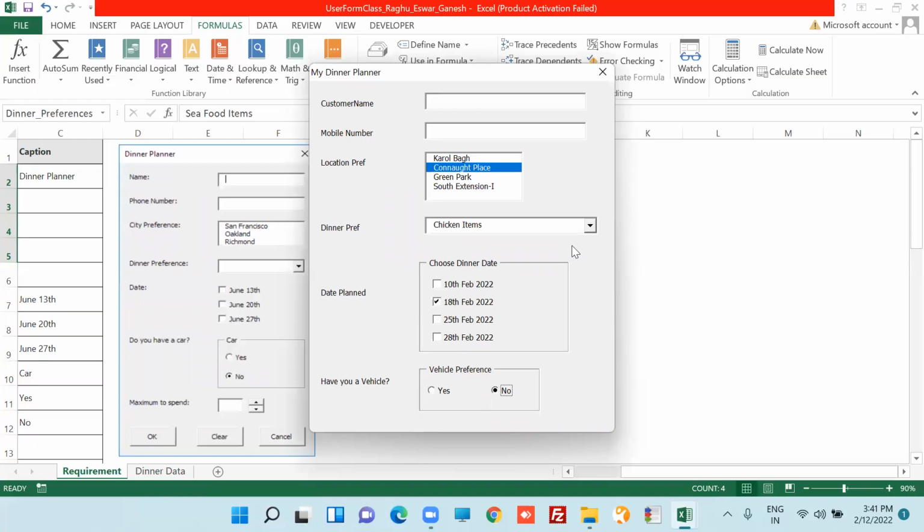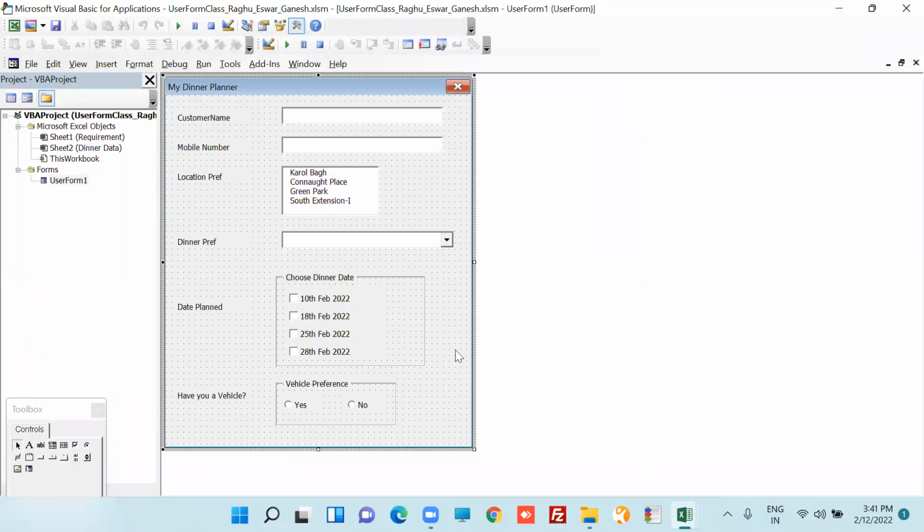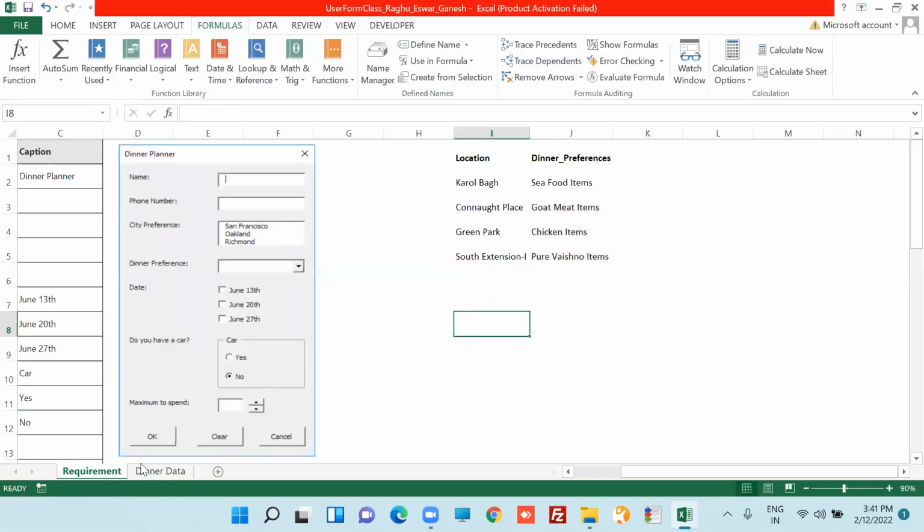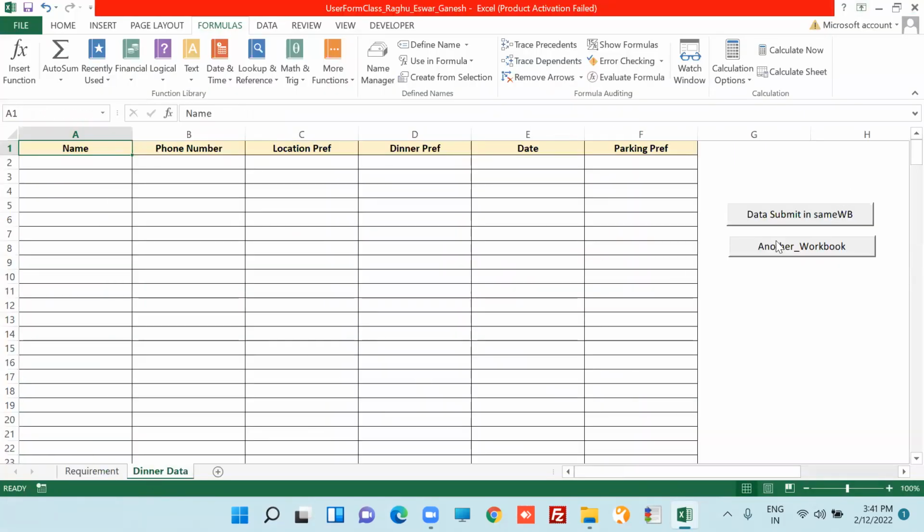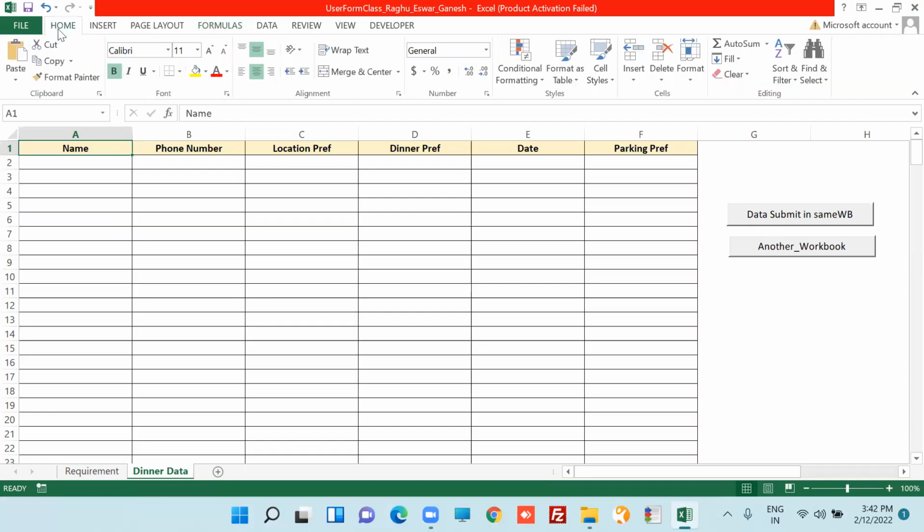So first of all I need this. Everything I will write in one button, in that button. Okay, guys, so we have done this. Now I have come back here. So if I want this data to be stored in this particular workbook,